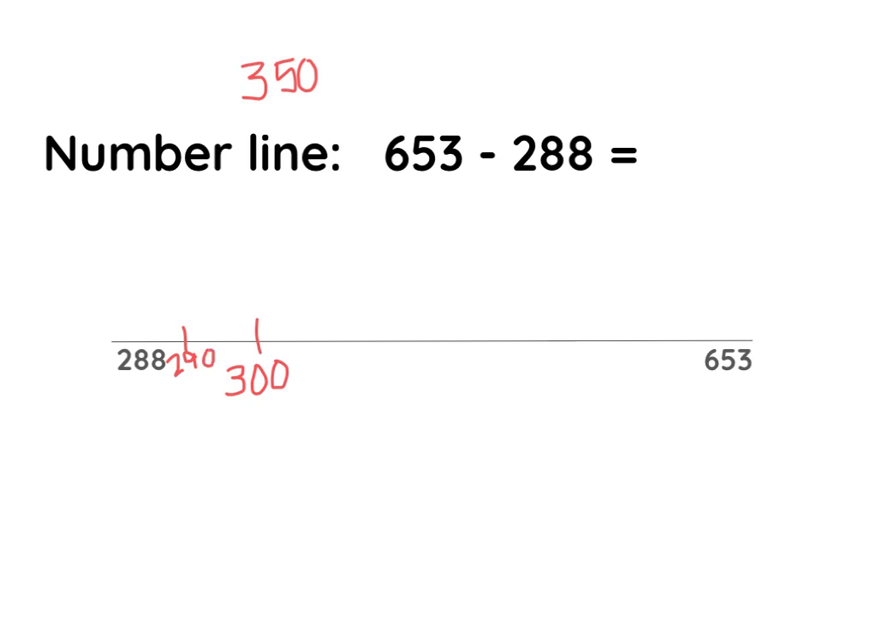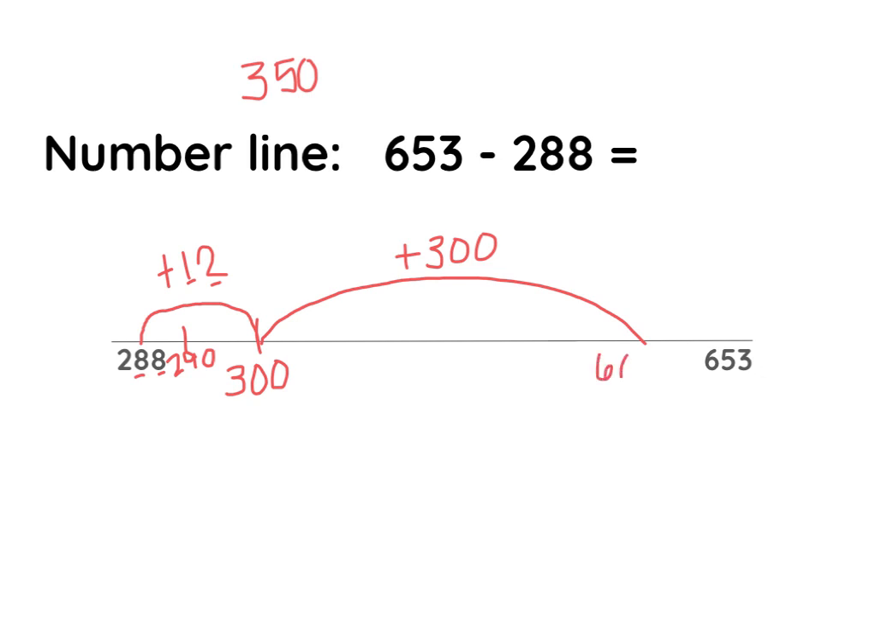But if you think about it, 288 plus 2 is 90. So we just need to add a 12 to get it to the 300. Notice we have an 80 plus that 10 is 90. And 8 plus 2 is a 10. So that makes words to the next 100. Once I'm at 300, I can add 300 to get to 600 and then add a 53. Or you could have just gone all the way to